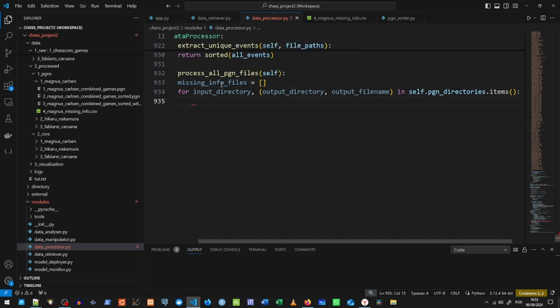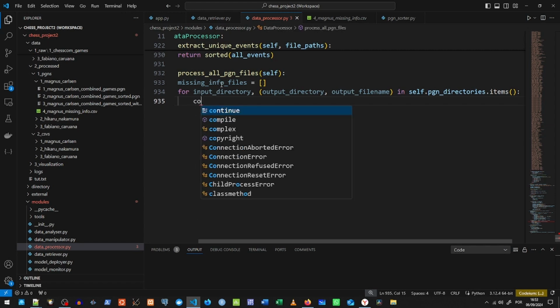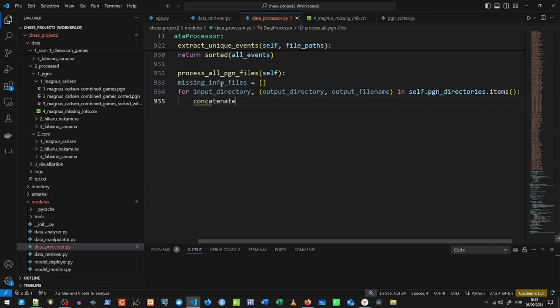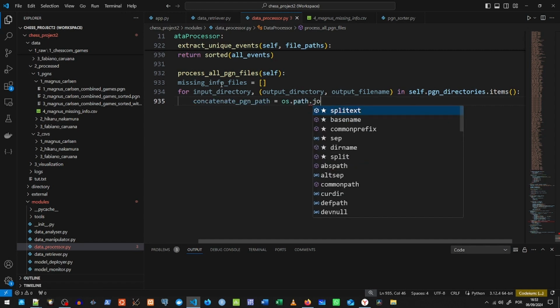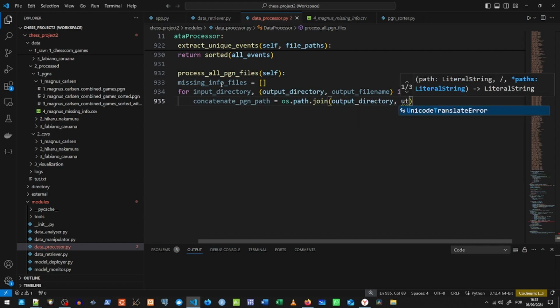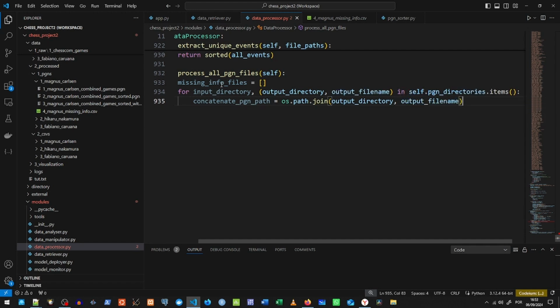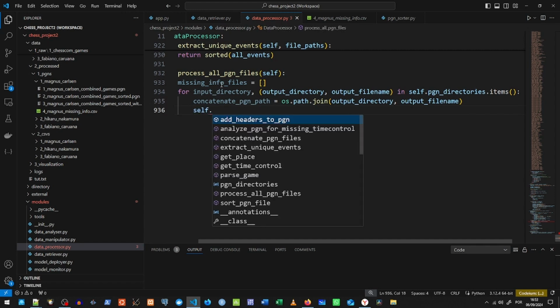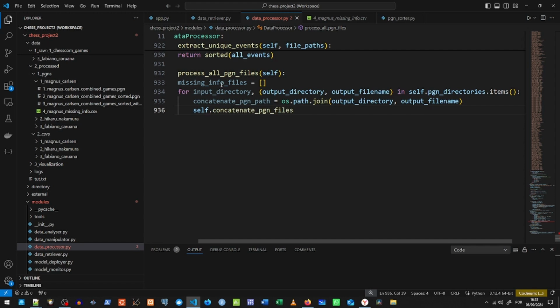We want to concatenate all files, so concatenated_pgn_path equals os.path.join of output directory and output file name. And now, because this is an object of this class, we want to do self.concatenate_pgn_files with input directory,